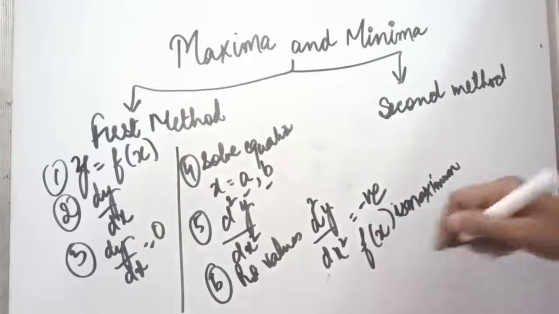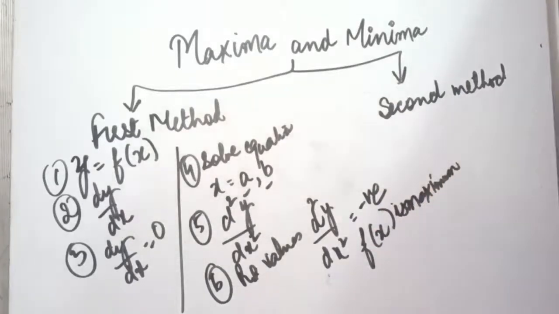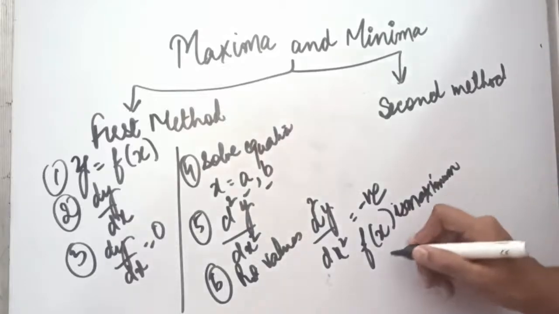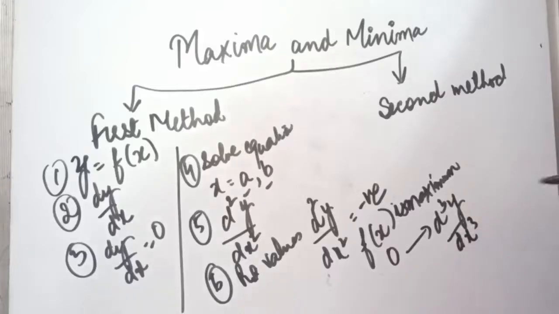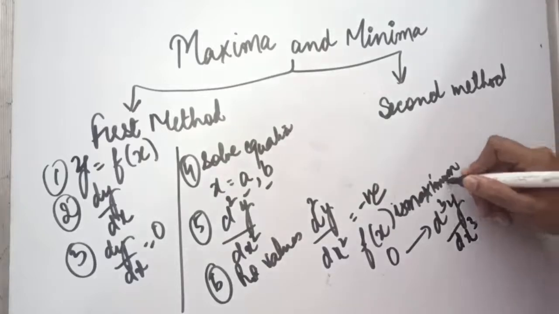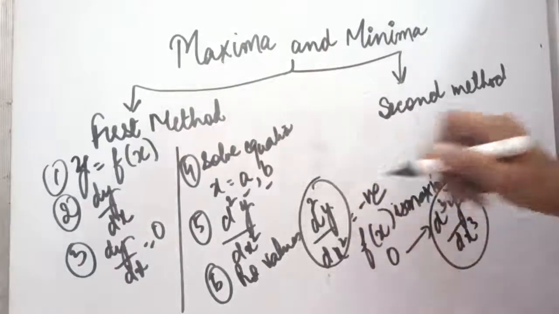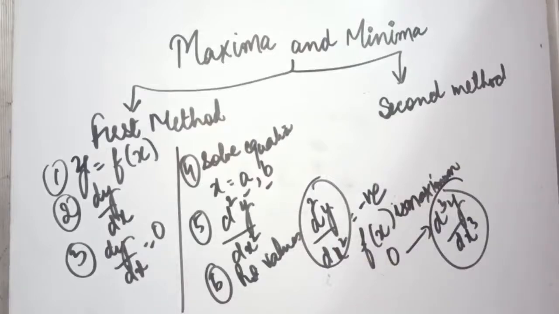And if this derivative comes out to be 0, in that case we will again calculate the third derivative, that is d cube y divided by dx cube, and again we will put the values of x into it as we have done in this. So again we will put the values in it, and we will repeat the process with these values a, b and c, whatever values we have got. So we have written the steps, but if you look at them with the help of a practical example, it will be easier. So let us solve one question with the first method.